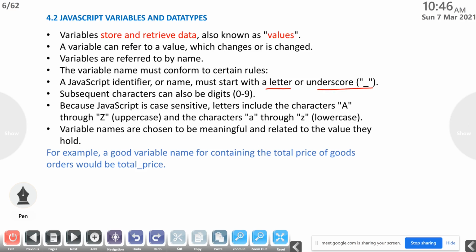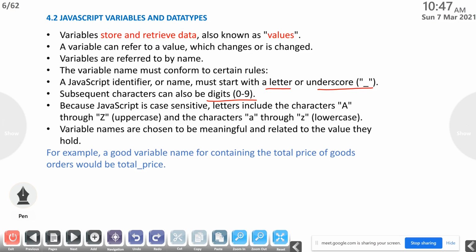So this is the first rule. Underscore means shift minus. Then subsequent characters can also be digits. So the variable name should begin with a letter or underscore, and the subsequent characters may be digits.